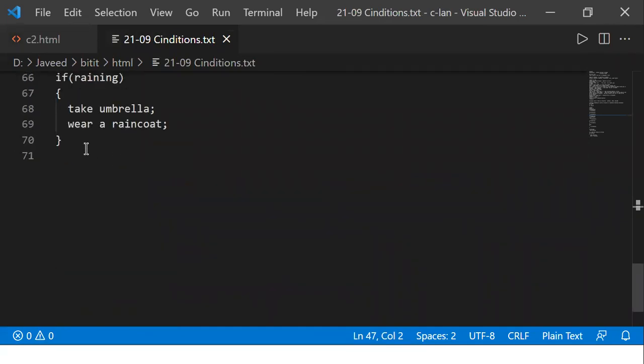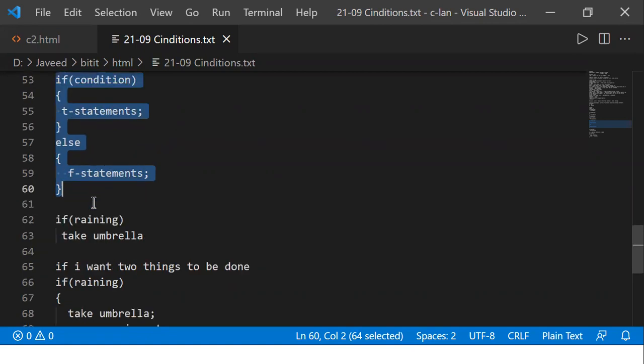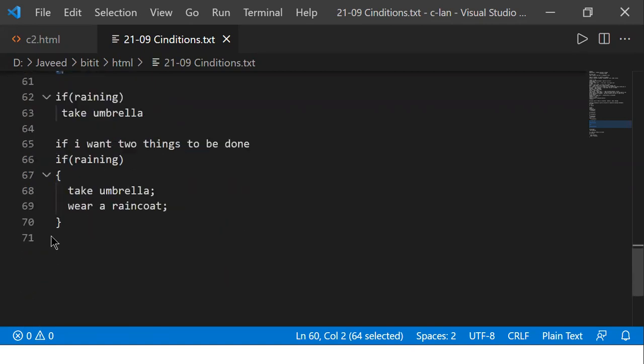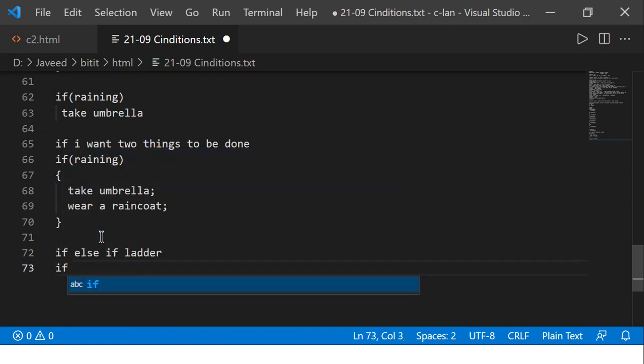Now this if, we have a simple if, and then I write else. With this if else we can have nesting, or we can form a ladder-like thing. We call it an if else if ladder. That means you're framing a ladder-like thing by using the if else conditions.